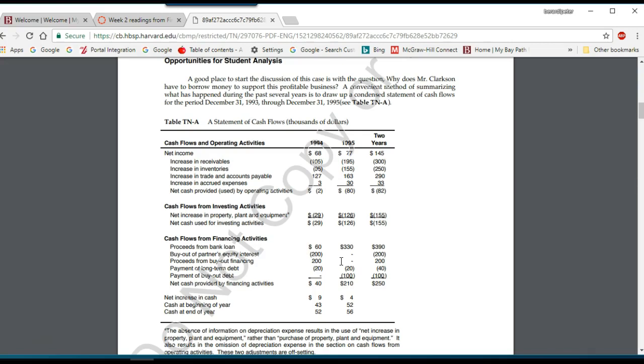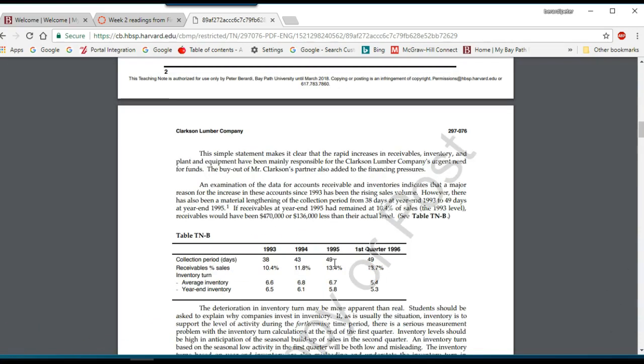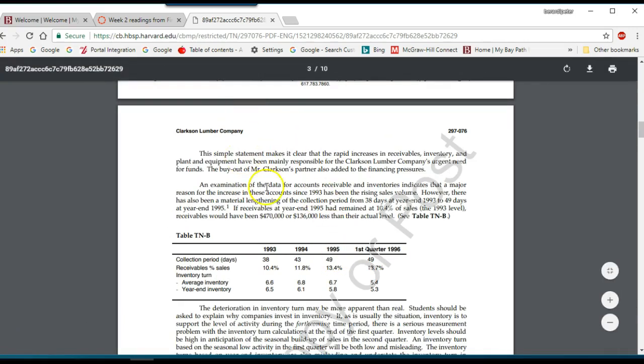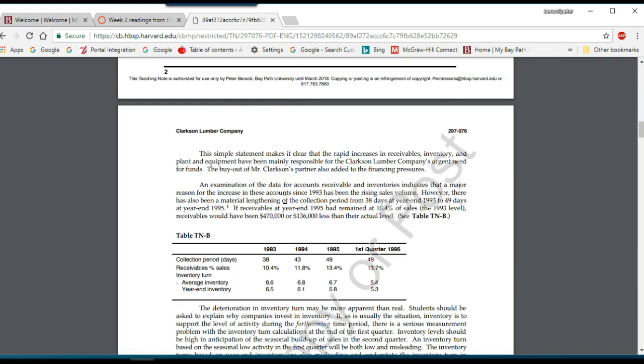So what you have to do is basically project your income statement. And you can do that by looking at the percent of sales method. You know what your gross profit is based on history. You know what your operating expenses are based on history. The problem then tells you,